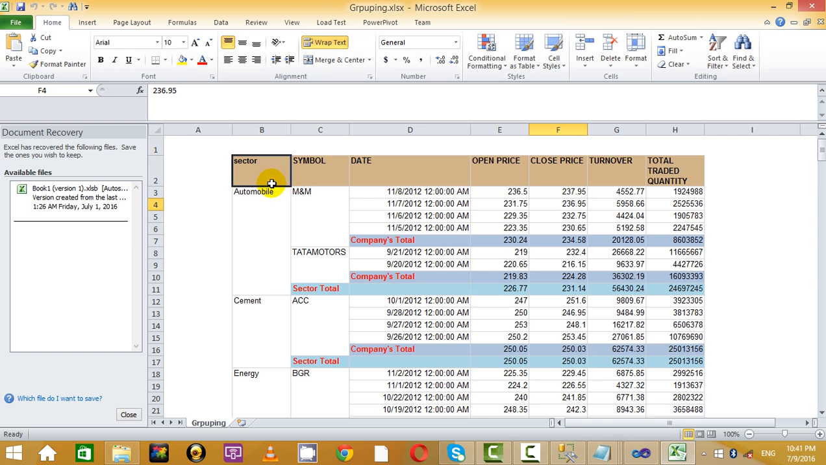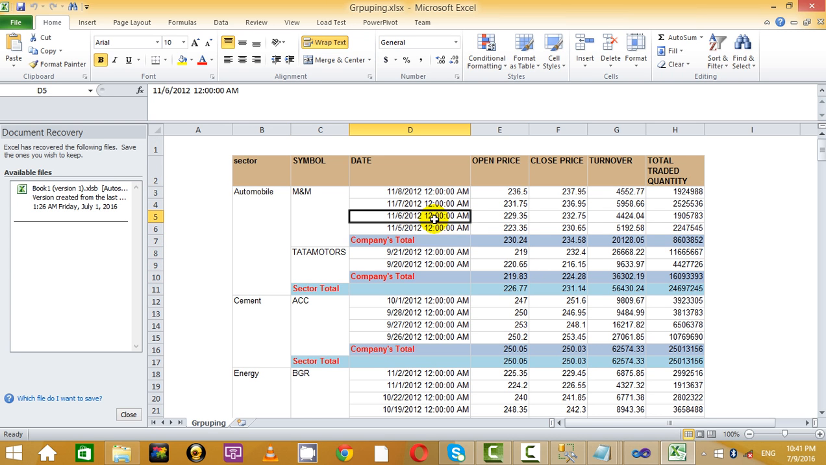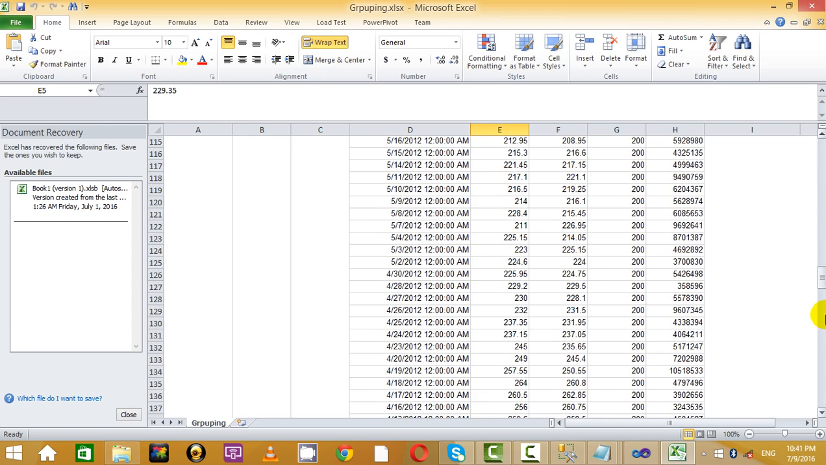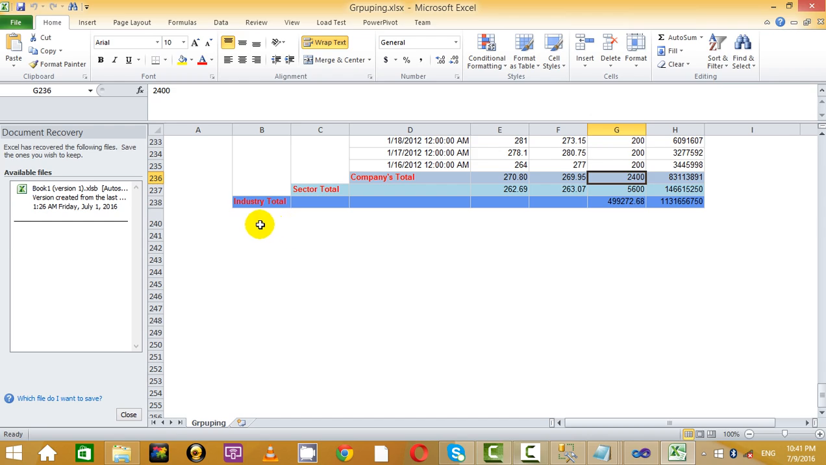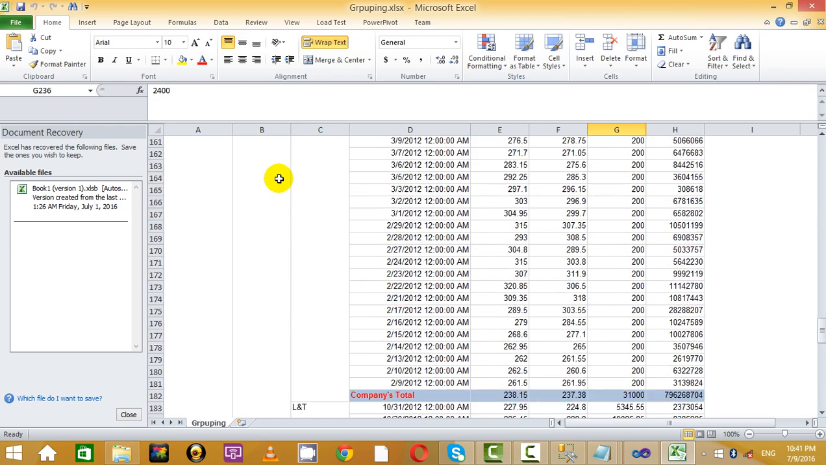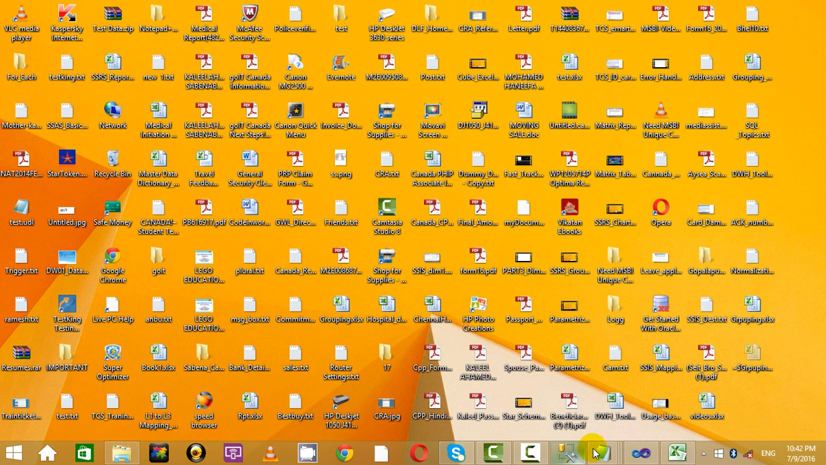Here now I could see that automobile, M&M, Tata Motors. So all these companies are listed. So finally now I have the sector wise total as well. So coming back to the reports,